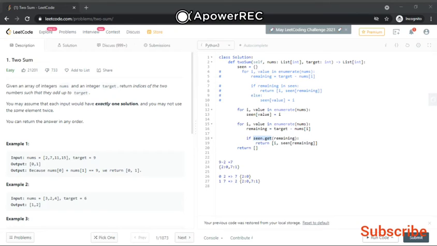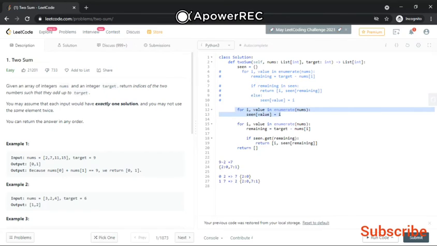Let me explain a little more about it. In this we get n, and in this we get n again, as I told you about dot get. So the time complexity will be 2n.